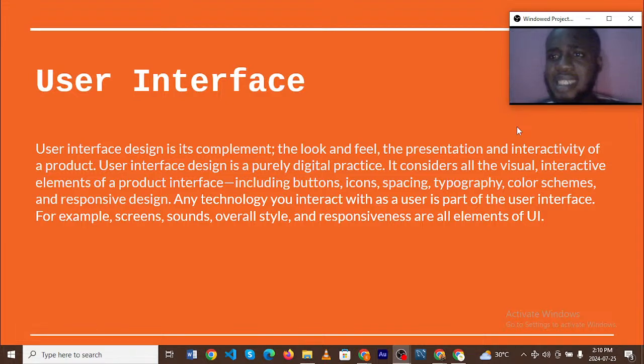Product design is taking in mind what your target audience wants you to do. Like I said before, if you want to make money from product design, you must be willing to understand what your audience are looking out for. If you do not have a broad understanding of what your audience are looking out for, you will miss the whole concept. Now, this course is a very broad course.